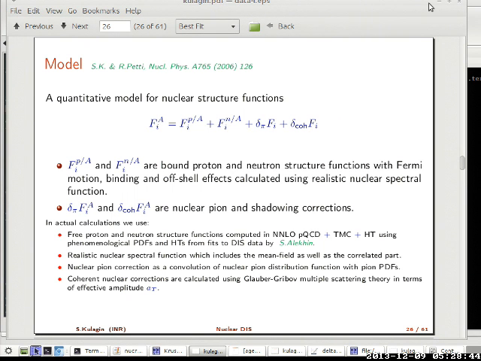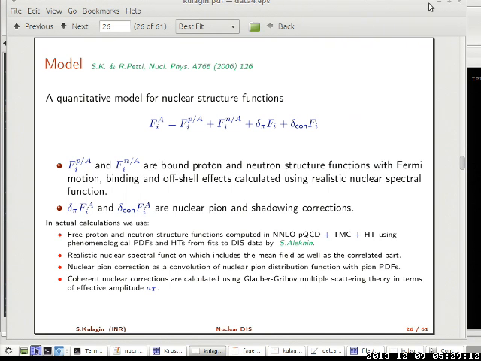Before I discuss how the parameters are fixed, I should probably say that we have to take care about the structure functions here, so the model of the structure functions which is used here for the proton and neutron is basically based on